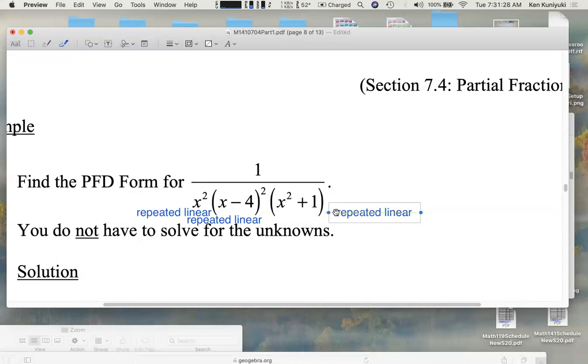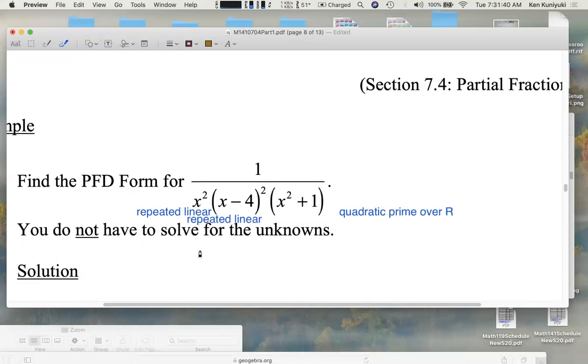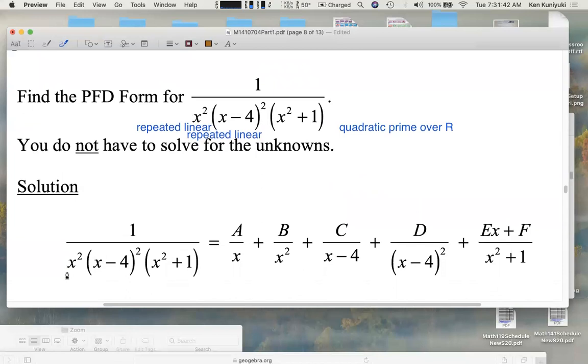It's not linear, cannot be factored further over the reals. It's going to be quadratic, that's prime over the reals. All right, repeated linears. It turns out that these various factors will correspond to various partial fractions over here, or